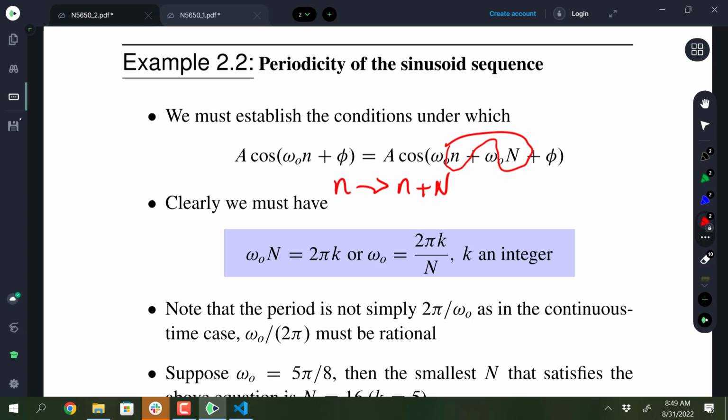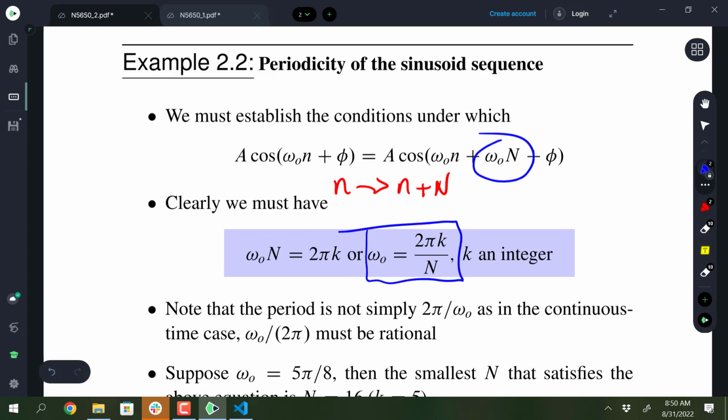So we go inside the argument, and in order to have this true, I'm just going to erase this now. That right there has to be irrelevant. In other words, it has to be a multiple of 2 pi, right? Because that we know hard and fast is part of cosine and sine. So we'll say omega naught n is equal to 2 pi times k. And then just rearranging that,